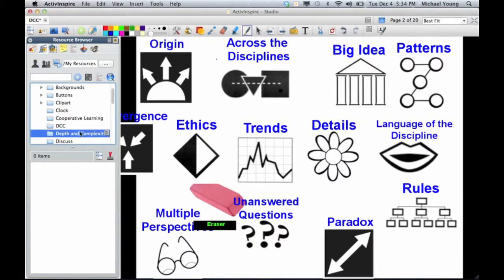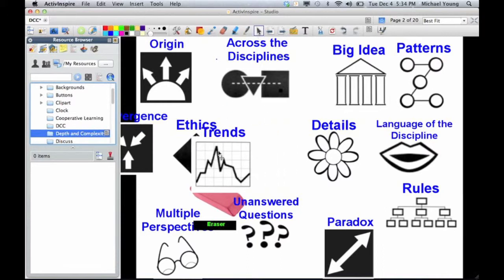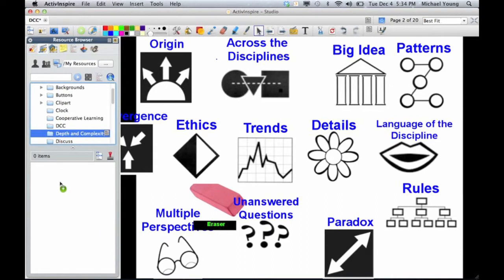So again, with my depth and complexity folder highlighted, I'm going to use my cursor tool and simply drag these symbols over, and when I see the plus sign, let go of my mouse and drop it. I'm going to do this for all of these,